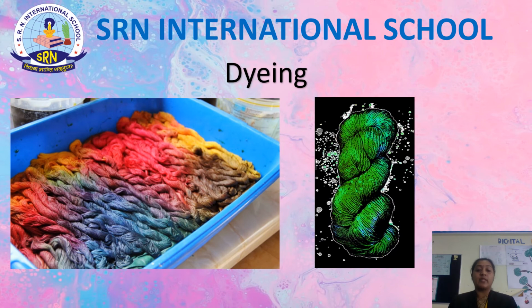This way they are kept in some permanent colors for some time. So the wool or the yarn absorbs the colors and turns whatever color is required, pink or green or yellow, whatever color. Only the black wool or the black yarn that is obtained is not dyed. The black wool is always natural in color. The rest of the colors are given to the wool after the process of dyeing.